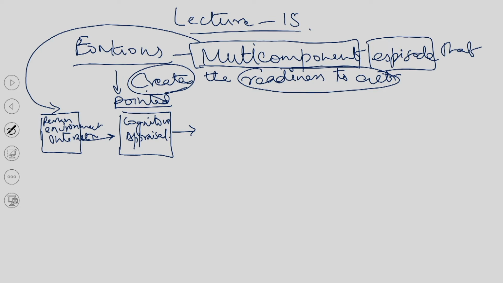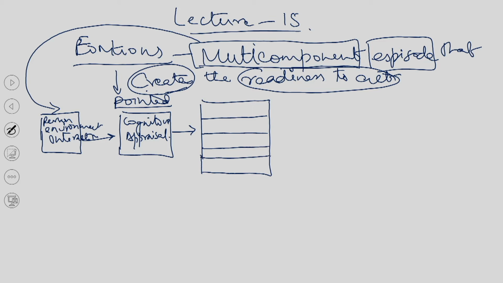So, once you start to interact with an environment and you have a cognitive appraisal, you make meaning of the situation. A multi-process processing starts, which finally leads to emotional behavior. An emotional response happens. So, what is this emotional response all about? This emotional response will start with